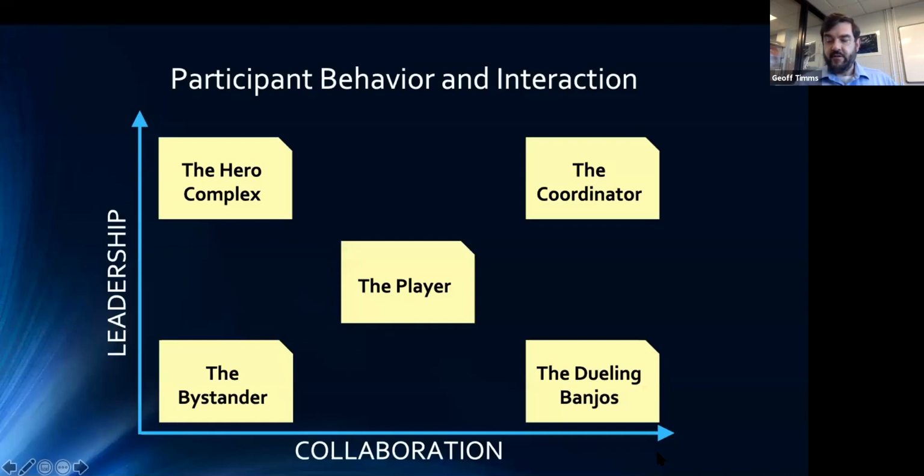As we observed students, we classified them into a variety of personas. To start with, we had bystanders. The bystanders failed to enter the thick of it with their team. And it's hard to know why, in every case, because we only met these students the one time for this game. We had no history with them and no subsequent history after the game.